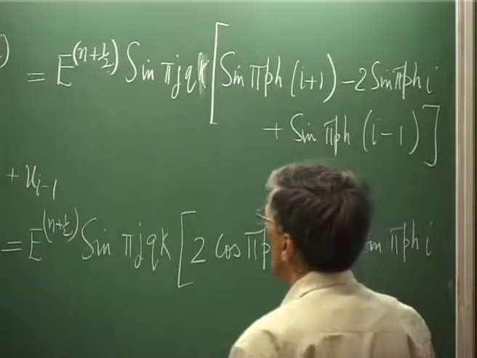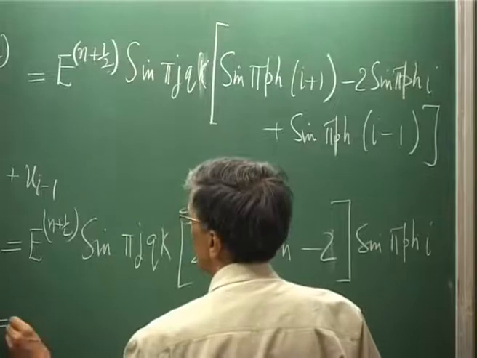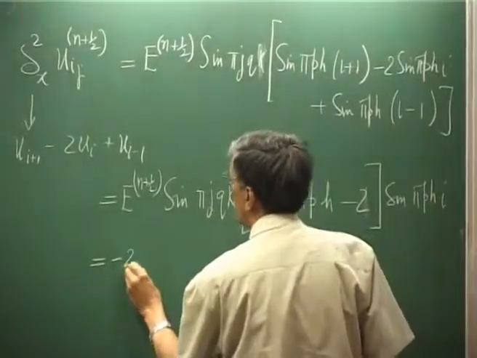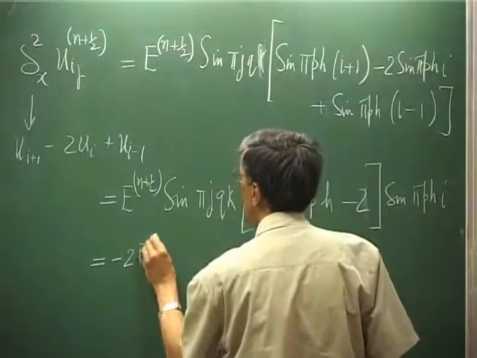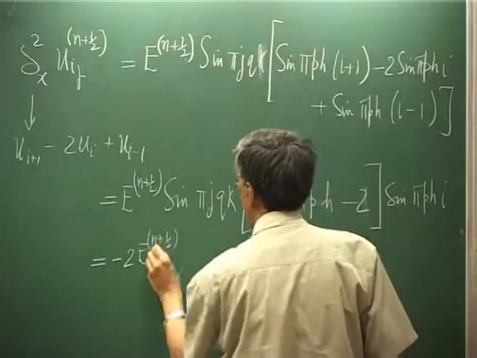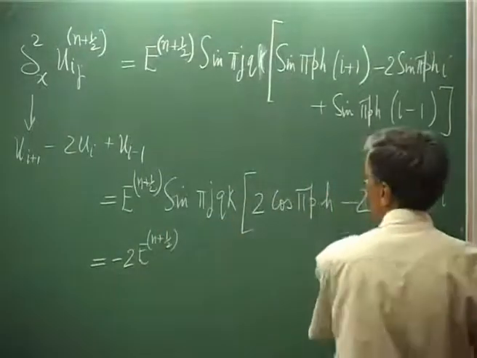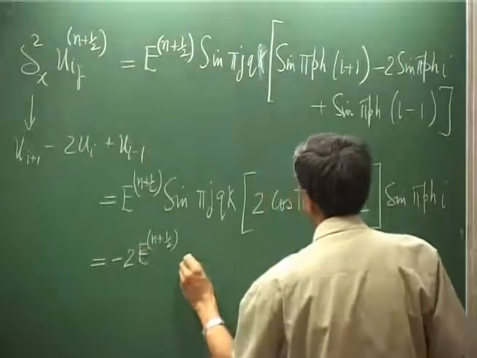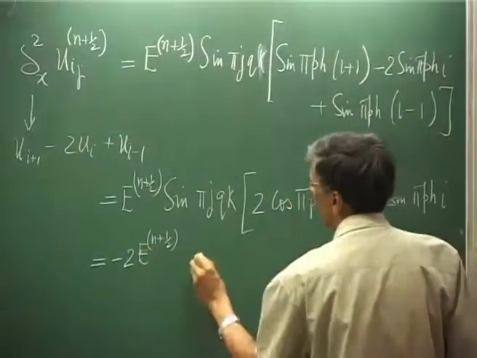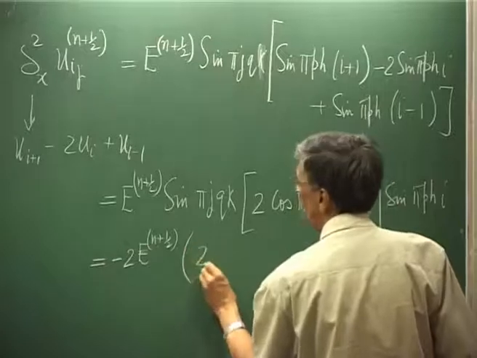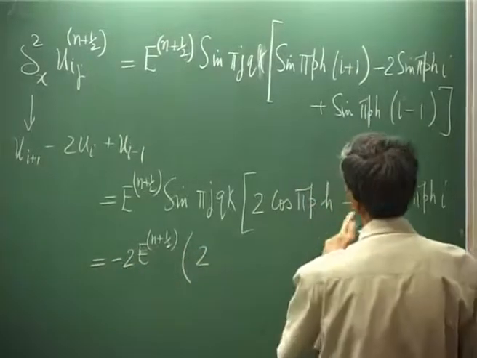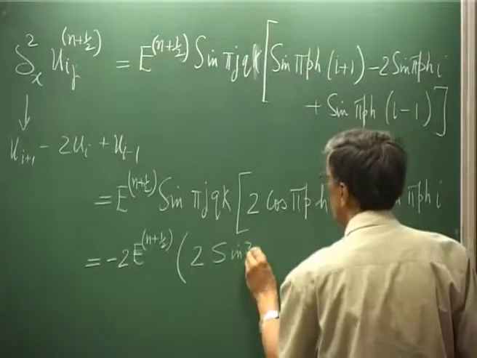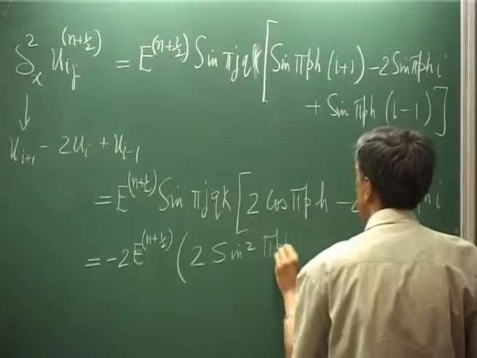And of course, I could write it somewhat taking a factor out. So, I get 2 e n plus half, and this part and that part are symptomatic of what we began with. This will be 1 minus this, that will give us itself 2. That is why I put a minus sign here to absorb the changing quantity here, 2 sine square pi ph by 2